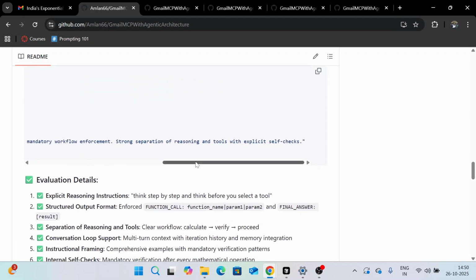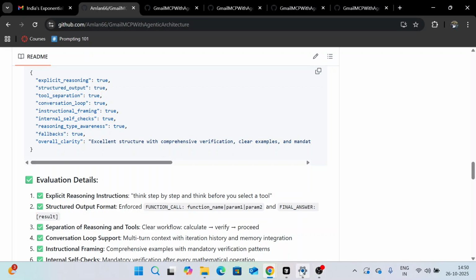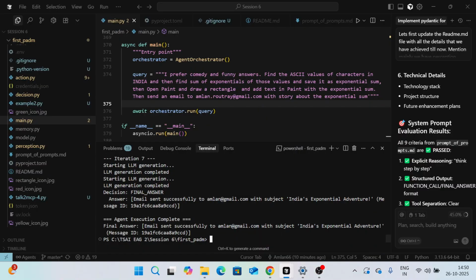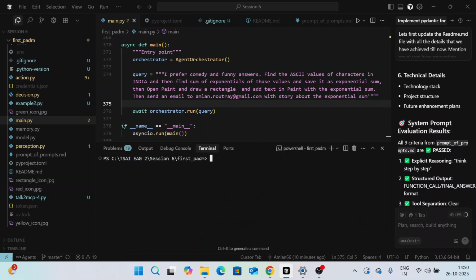So let's go on and see if our agent is able to do according to the query that we have passed. So let's do a run main.py. Let's see first